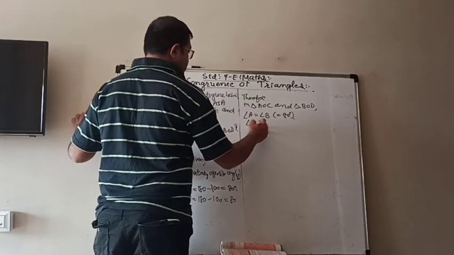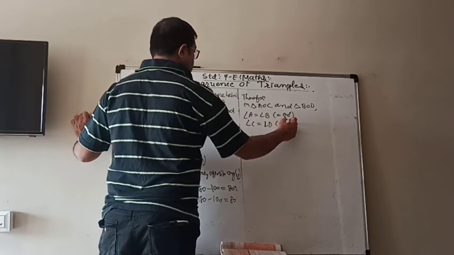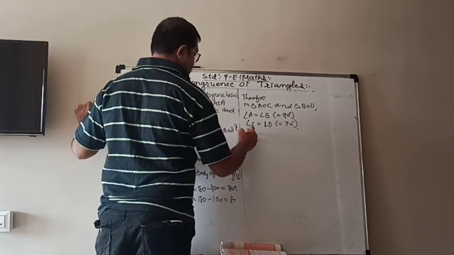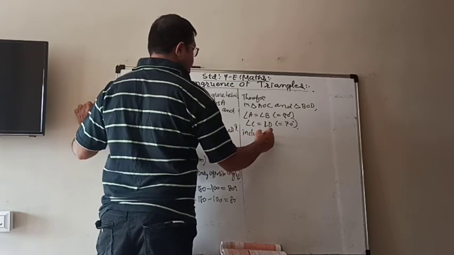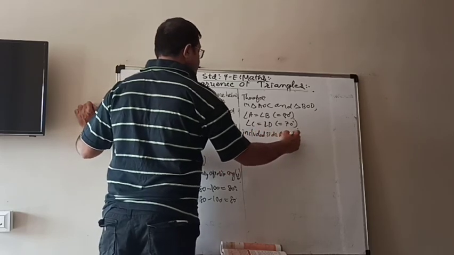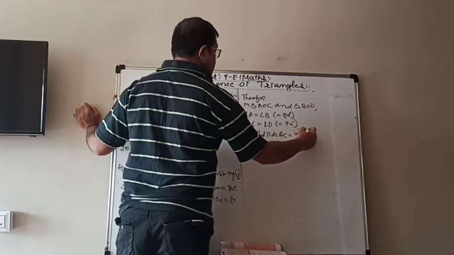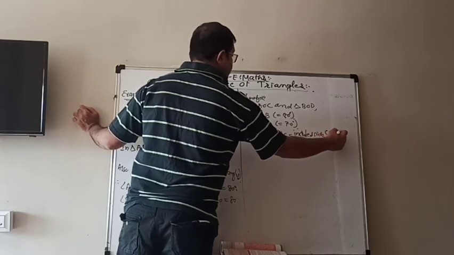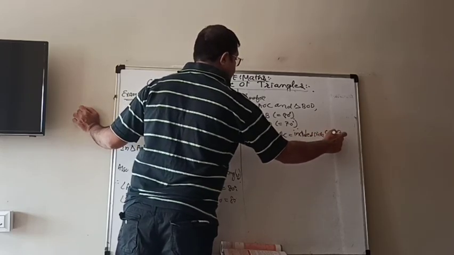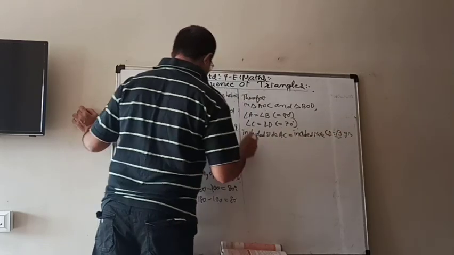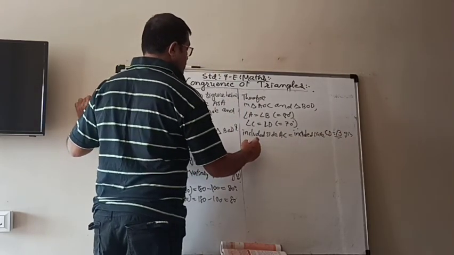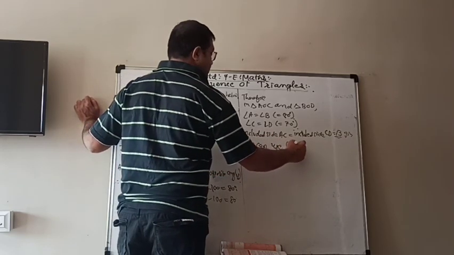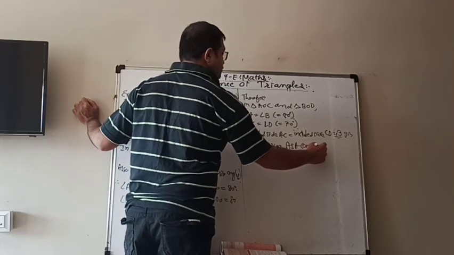Angle C equals angle D is equal to 70 degrees, and included side AC is equal to included side BD, given. So now we can use the ASA congruence rule